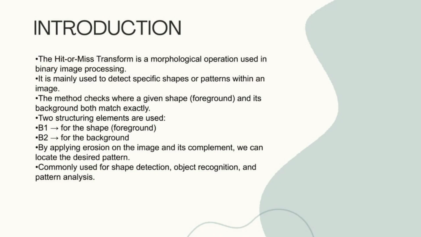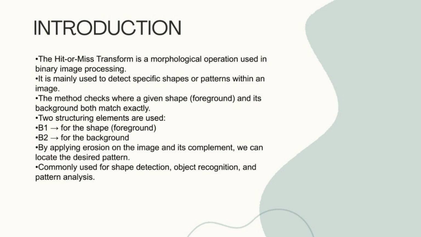The hit or miss transform is a morphological operation used in digital image processing to detect specific shapes or patterns in a binary image. It works by checking where a particular structure, called the foreground, and its surrounding background match exactly with a given pattern. In this method, we use two small matrices called structuring elements, one for the shape we want to find, B1, and another for the background, B2. By combining the results of erosion on both the image and its complement, the transform highlights the exact positions of